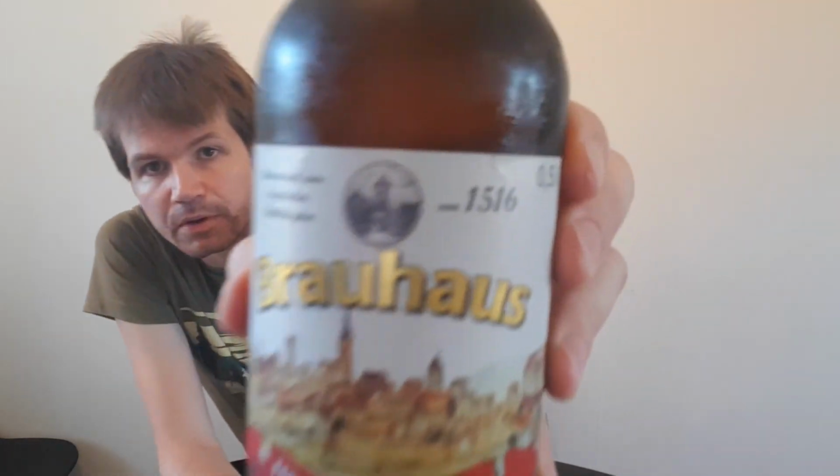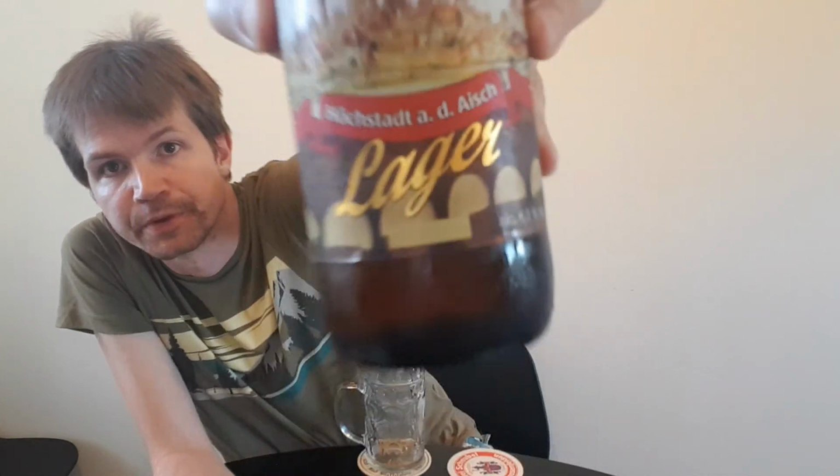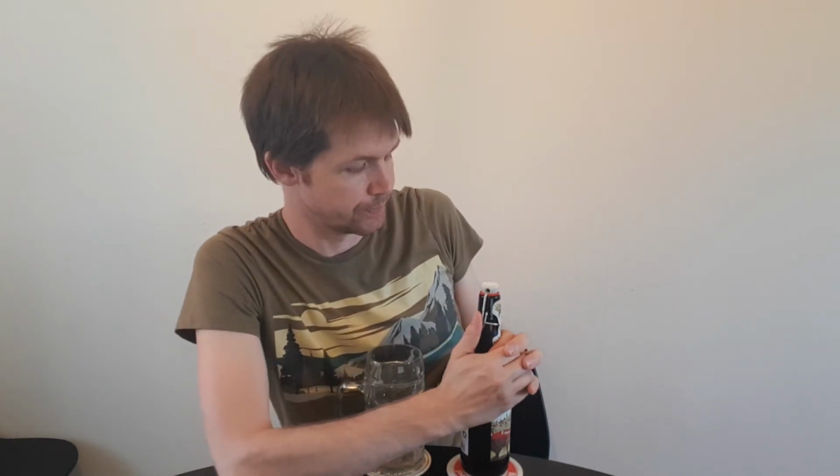That's the information. Now over to the tasting part. Well, let's look at the label of this Brauhaus Höchstadt an der Aisch Lager. Gonna be really interesting to try this one. So let's pop it up, should we, with the Bügelverschluss,